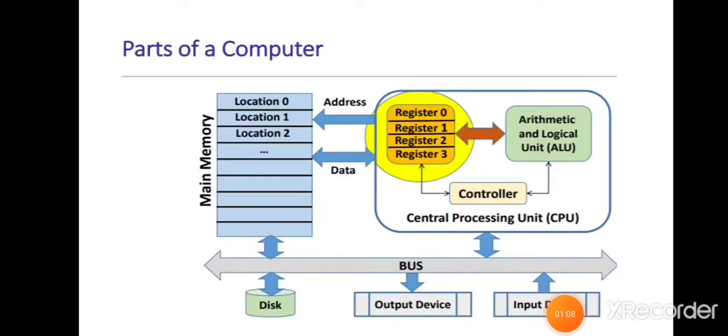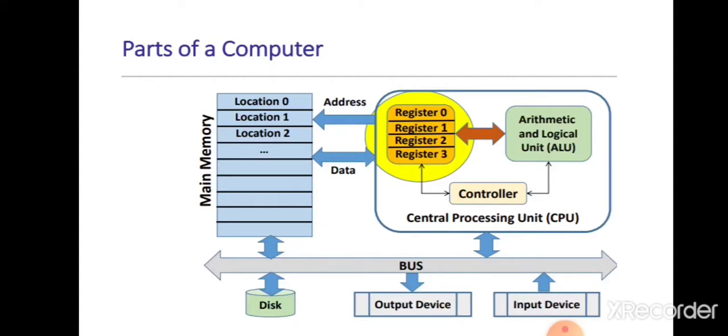Now how does the computer do it? It is like a bank that has many lockers. Similarly, the computer has different lockers, and each locker has a specified number or a name. Like you can see here, main memory. It is like bank lockers where the computer takes all the values and saves them. And then in the central processing unit, the CPU, it performs the algorithm. It takes all the values from the main memory and performs the algorithm in the register.